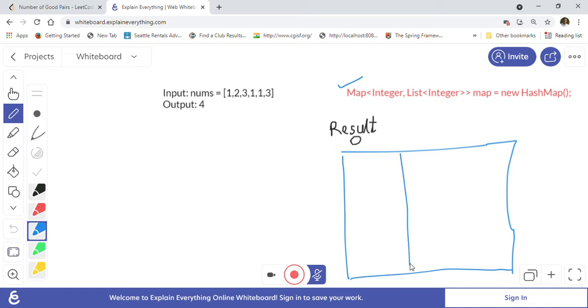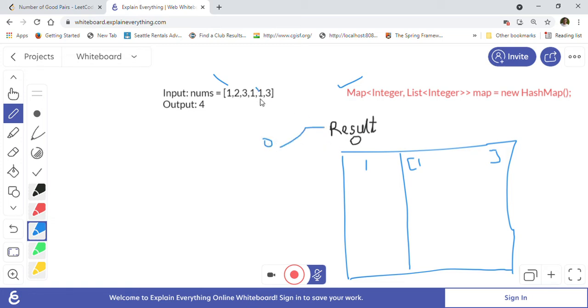When we are looking at this one, we don't find any key for one, so we create a key one and add one into our list, right? This is just to count how many ones we are seeing. We create a result variable, which is 0 in the beginning.